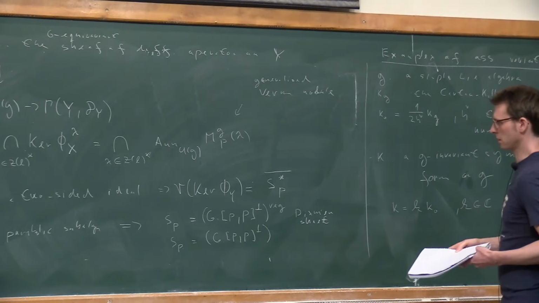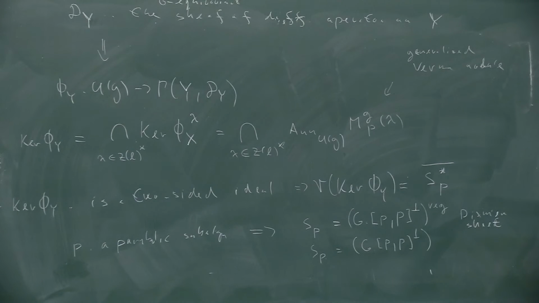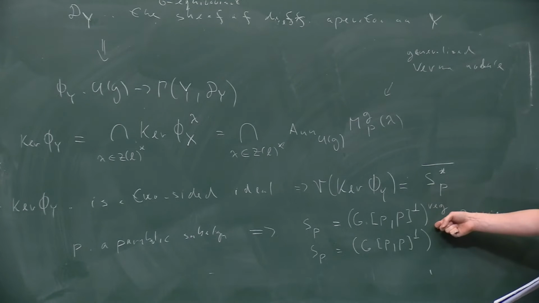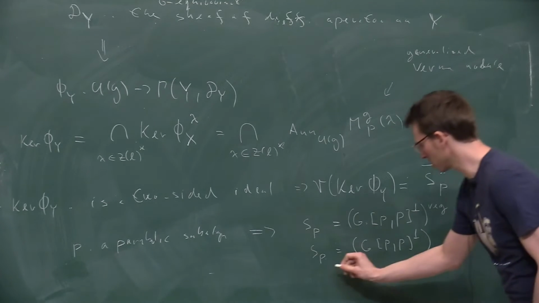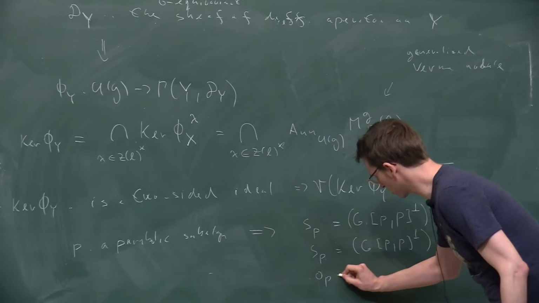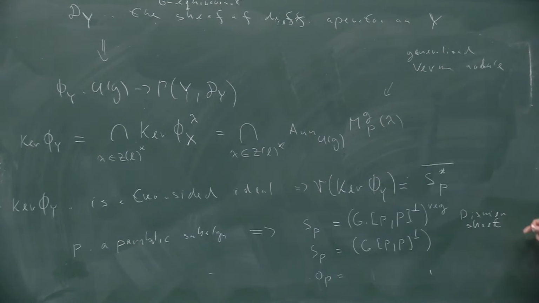What is important is that it's not inside the nilpotent cone. It contains some semi-simple element. And what is also important is that the Dixmier sheet contains